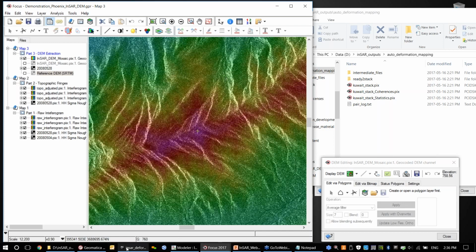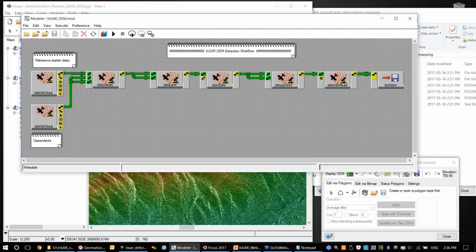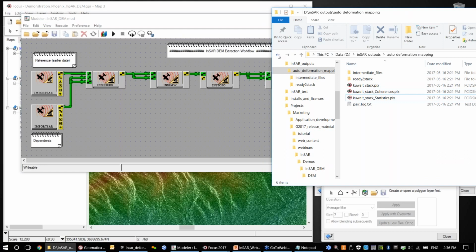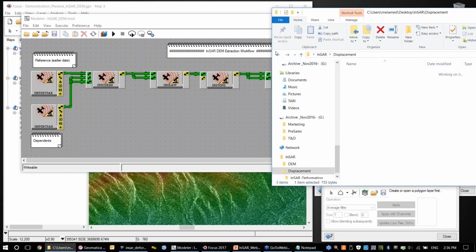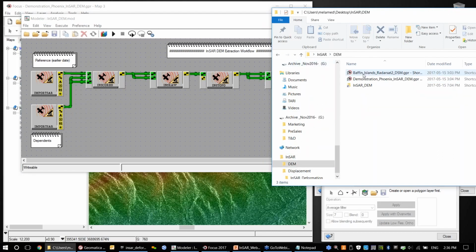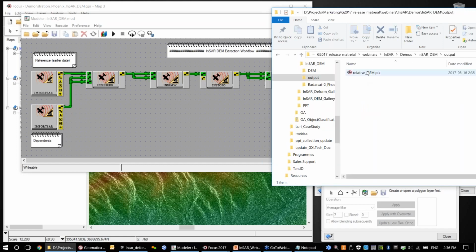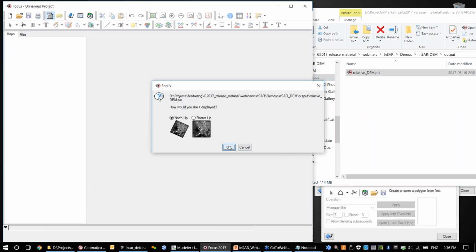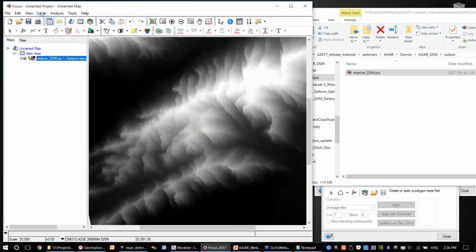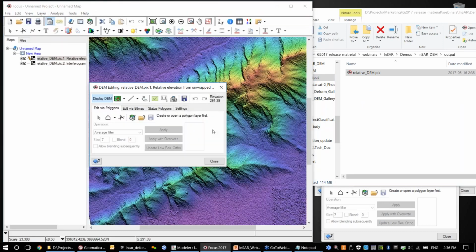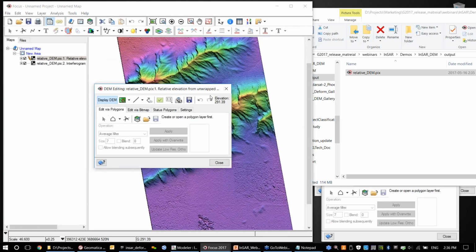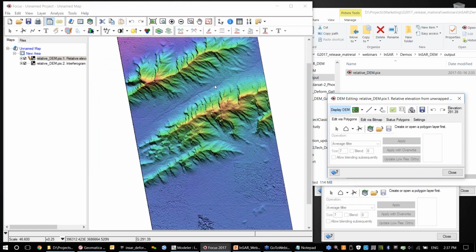So if we just go back to our model here, you can see that it has completed. And we'll just take a look at the output products. So you can see this is the relative DEM. This is just a subset, and this is just what I just generated right now. This is not geocoded at this point, and it's not adjusted to be above mean sea level or above